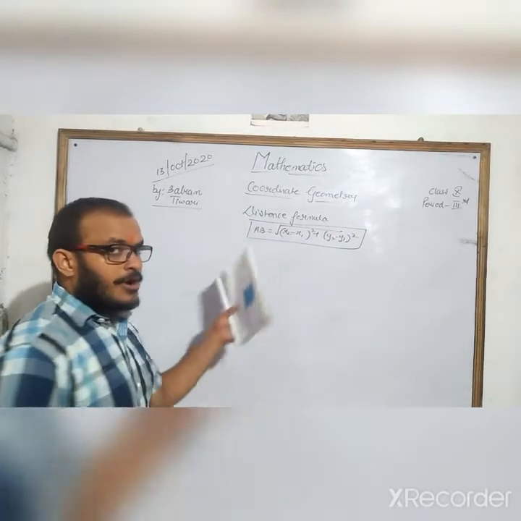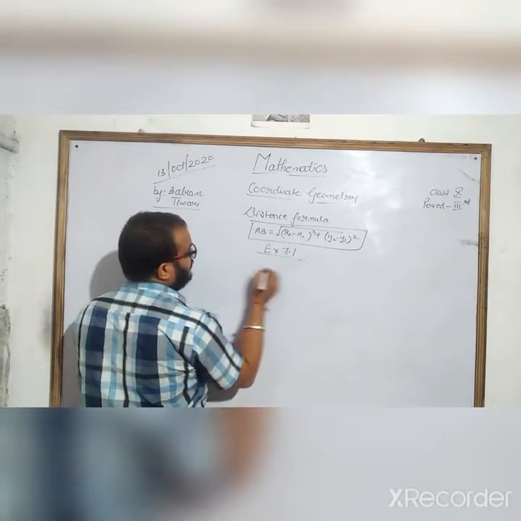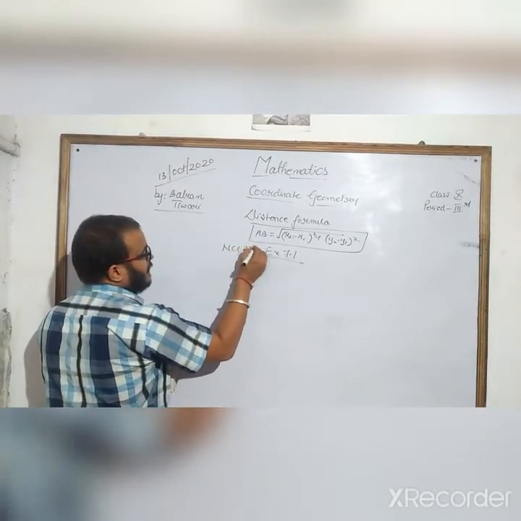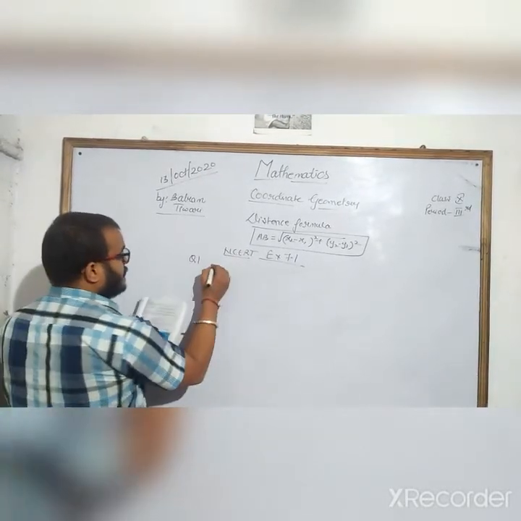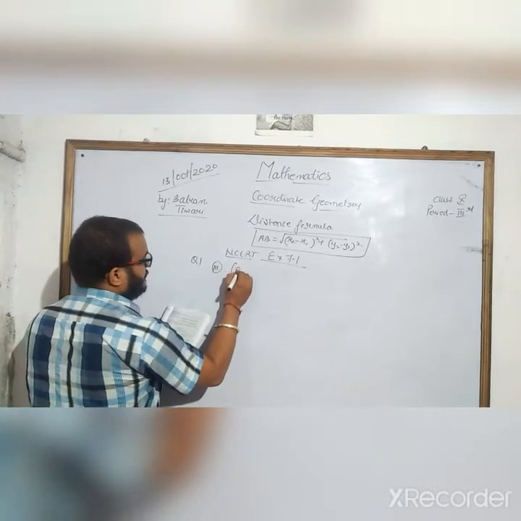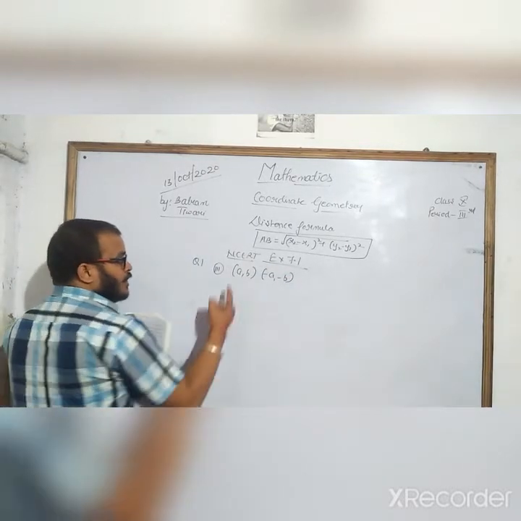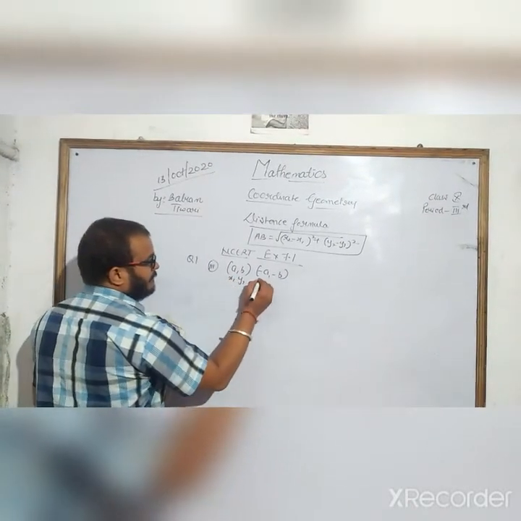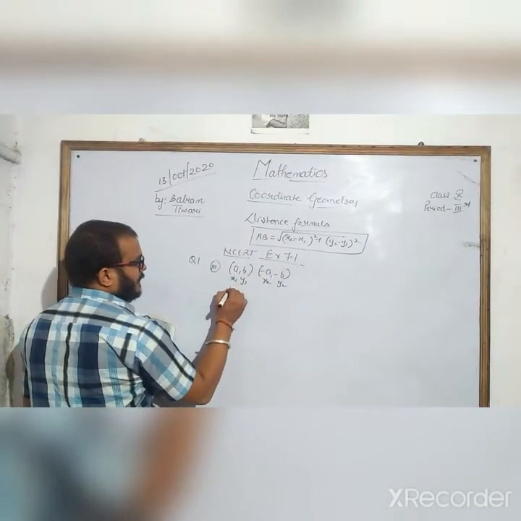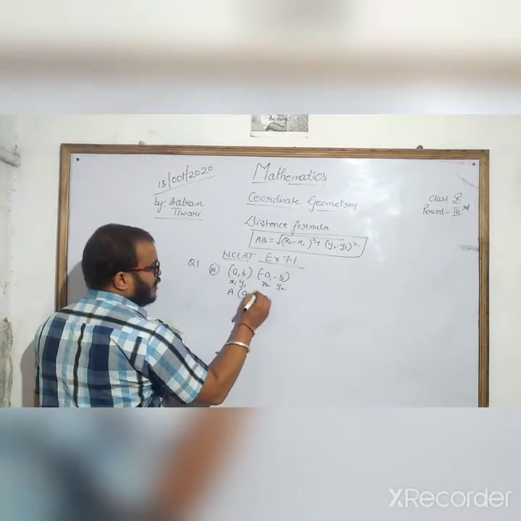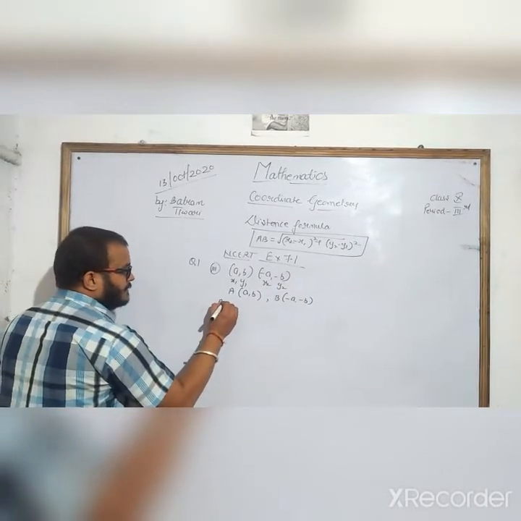Now in this video I am going to discuss NCERT exercise 7.1. In question number 1, there are three parts. Now I am going to discuss the third part, which is a little bit different. The points are (a, b) and (-a, -b). We name them x1 y1 and x2 y2, so point A represents a comma b and point B represents minus a comma minus b. By applying the distance formula: